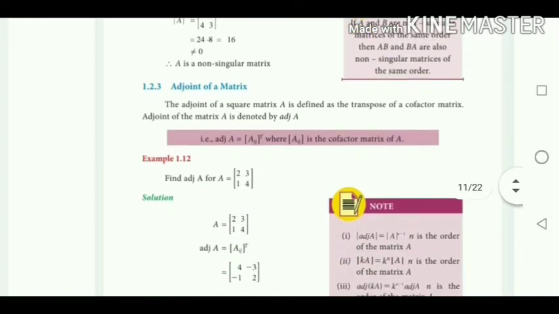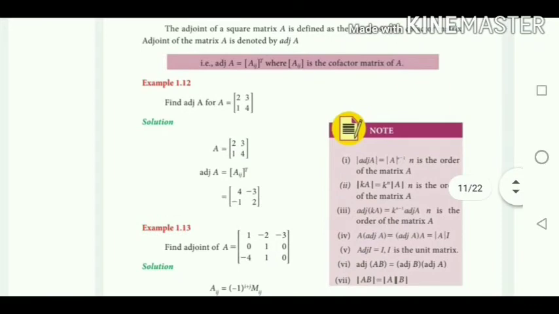Okay, so the adjoint of a matrix. The adjoint of a square matrix A is defined as the transpose of the cofactor matrix. The adjoint of the matrix A is denoted by adj A. So, for example,